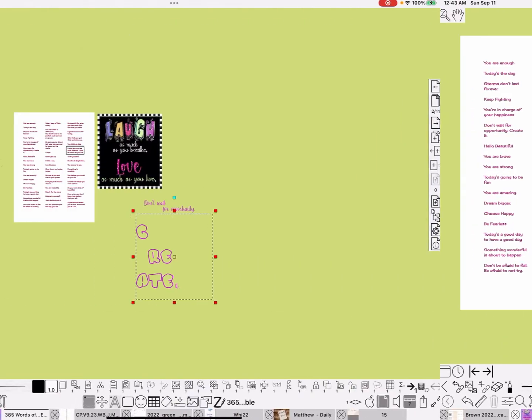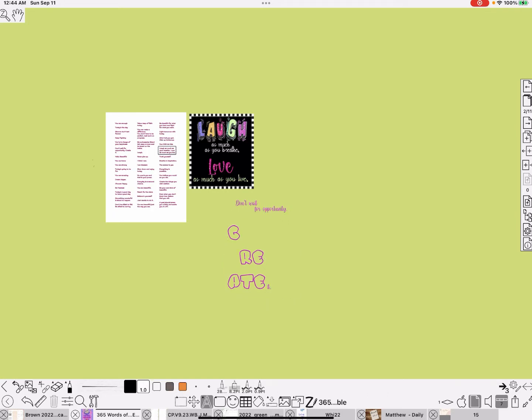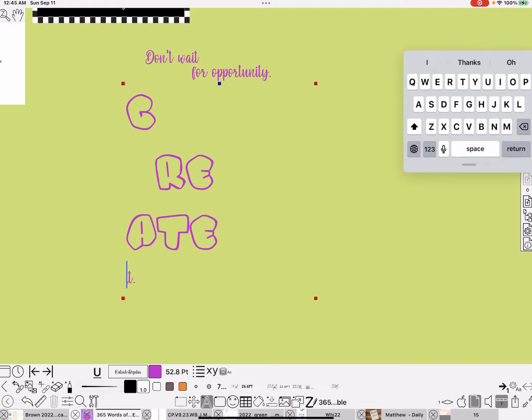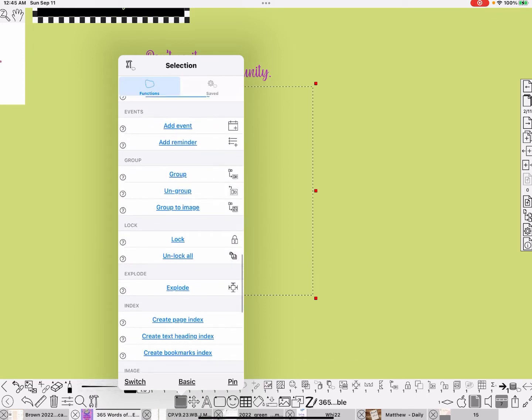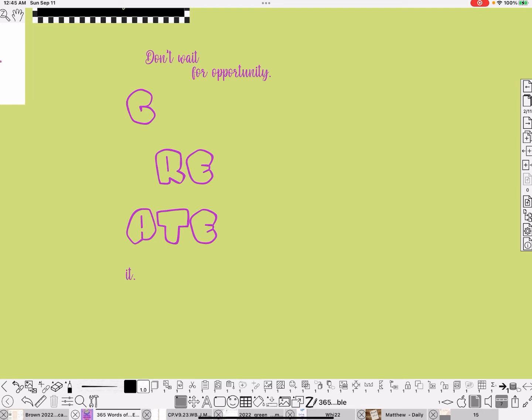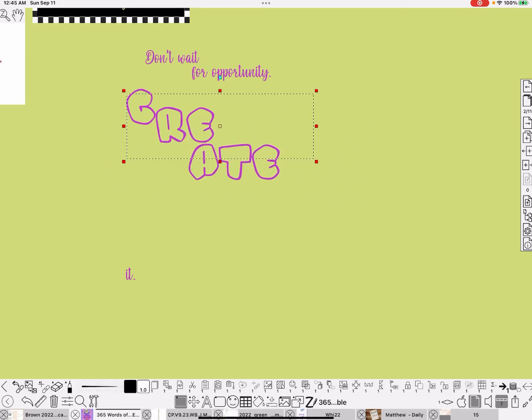So if I hit a return here, it's selected. And I think I'll go ahead. Sorry, you can tell I didn't plan this. Okay, and I'm going to go ahead and hit a return here so that it will be on its own. So now if I hit the explode again, select and explode. Now I've got control over where these letters go. Of course, none of that makes sense to look at it that way, but if you want to control it,